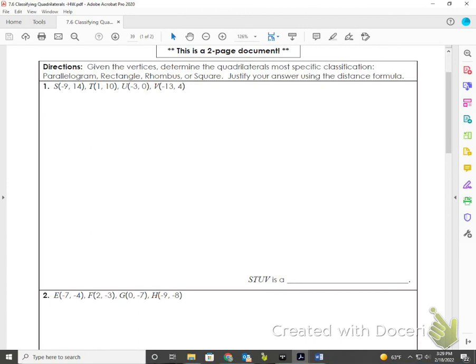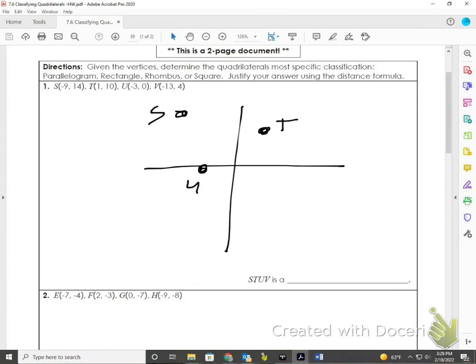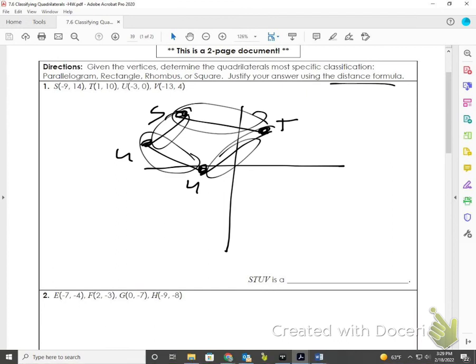So if I have a graph here, I have negative 9, 14, so S is up here, 1, 10, T is right here, U negative 3, 0, and V negative 13, 4, okay? So it says justify your answer using the distance formula. Okay, so we're not actually using slope or midpoint. What I'm going to do is check the distance of all four of these. And that's going to tell me whether or not it is a